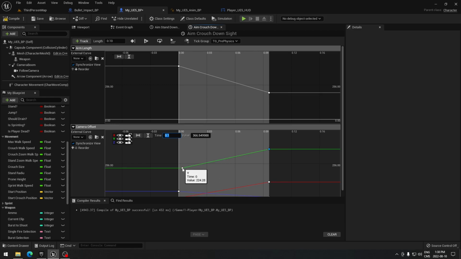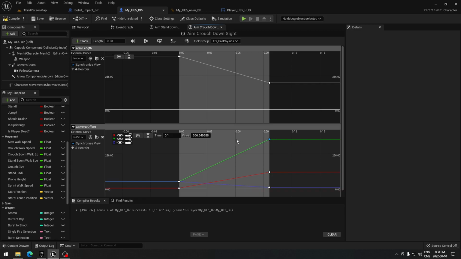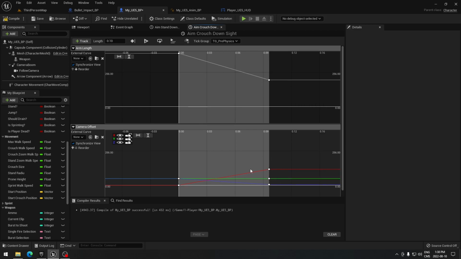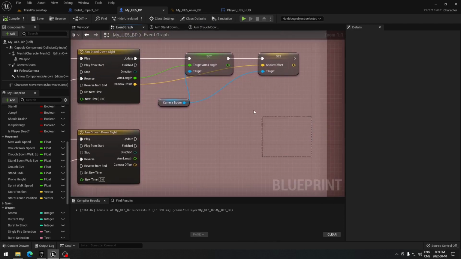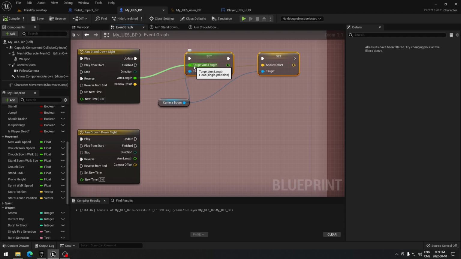So for the green one, well, the green one is exactly the same as the Z. So we're going to put the time of 0, and the value will be 50. And the end of it, right, we're going to put our time at 0.1, which is already there, and the value will be 50. So you should have something that looks like this. We're going to compile and save that, and go back to our graph, and just take all this, right, and just copy paste, and we're going to put it down. So copy with Control C, Control V,